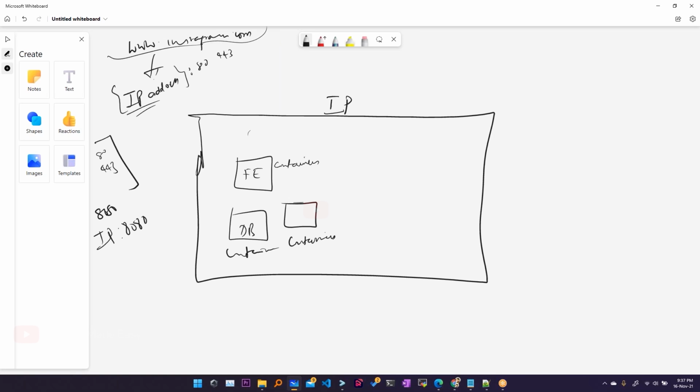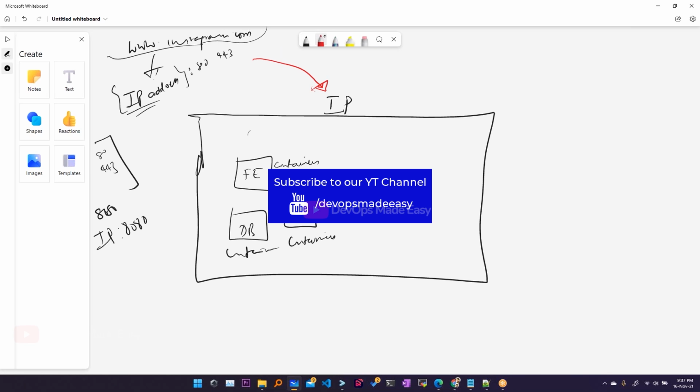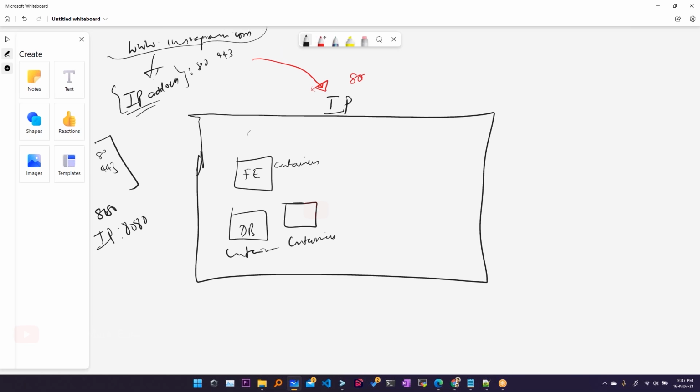which is resolving to this DNS name. Now the user traffic will come here, on port 80. Let's say internally this application, the front end, may be running on port 5000. So for forwarding the traffic that is coming in on 80 internally to the cluster, there should be a port mapping, -p 80:5000,